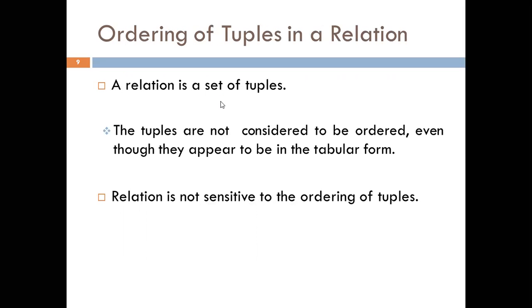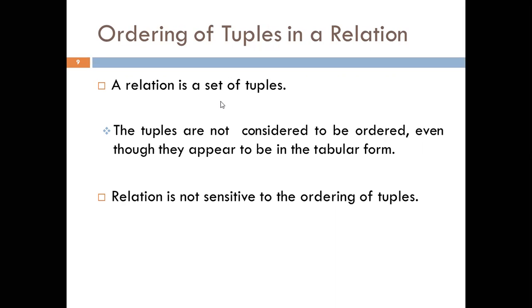So ordering of tuples in a relation. This is the first characteristic of a relation. We have already defined a relation as a set of tuples. When we define it as a set, mathematically set means there is no ordering. In a set, there will be no relative ordering of values, and also the values will not get repeated. So the tuples are not considered to be ordered, even though they appear to be ordered